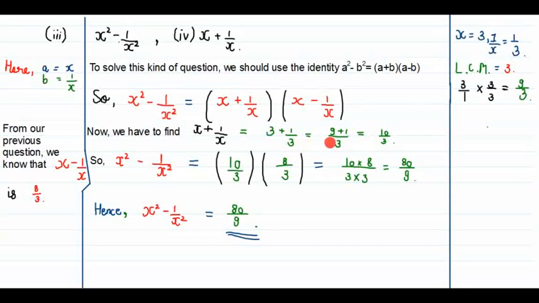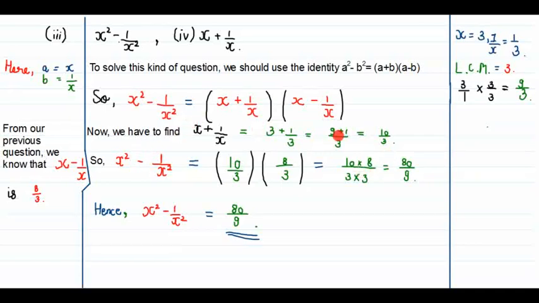Now we have to find the LCM of both of these fractions, which is 3. So we have to make the denominator the same. Here the denominator of 3 is 1. So we will multiply by 3 in both the numerator and the denominator. So it will become 9 by 3, because 3 3s are 9 and 3 1s are 3. So we have this expression: 9 plus 1 divided by 3. So now when we sum up 9 and 1, we get the answer as 10 by 3. So x plus 1 by x is equal to 10 by 3.